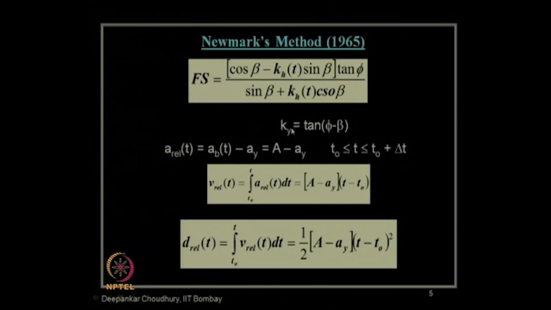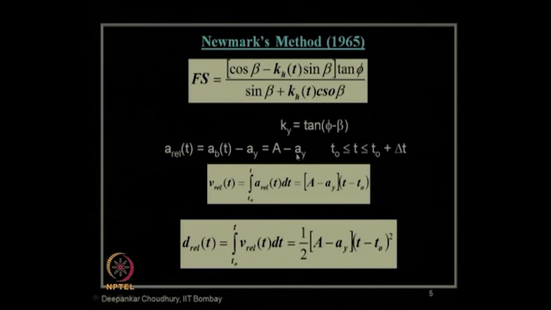From the yield acceleration coefficient, why is it important? We mentioned that if the slope has a factor of safety less than 1, it is not a stable slope. That means it is going to get displaced, and how much the slope is displaced we can find out from these parameters. Whatever is the excess acceleration compared to that yield acceleration value will be the relative acceleration, which is responsible for the movement of the slope when the factor of safety is less than 1. So, to get this yield acceleration, we equate the factor of safety to unity, or 1,